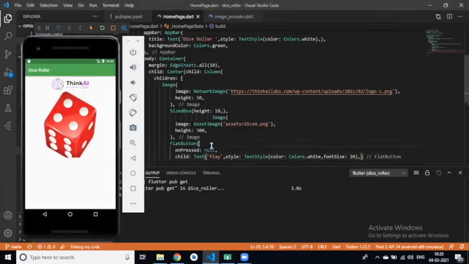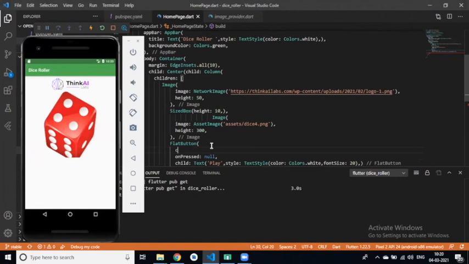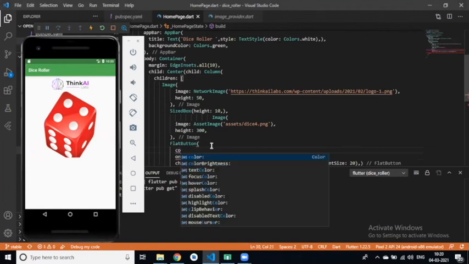Then in flat button we can also pass a background color as Colors.